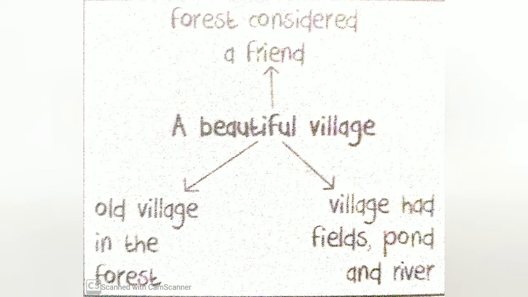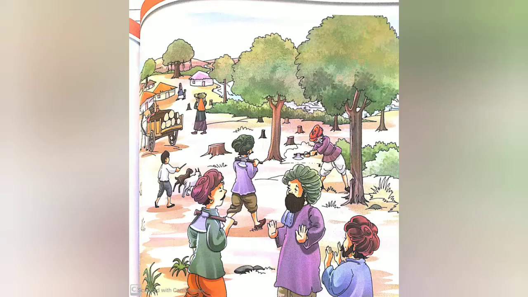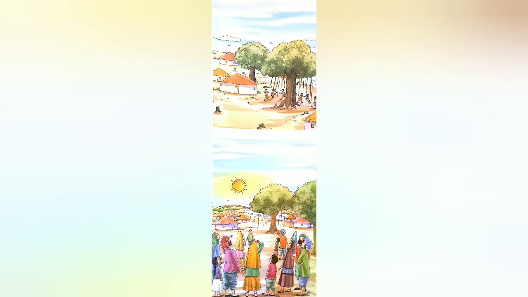Today we will learn to identify the theme of the story. The theme is like the main idea or author's message for the whole story. The main ideas for the paragraphs are: paragraph 2, the village changed as the number of people increased. In paragraph 3, the old trees were not cut down. In paragraph 4,